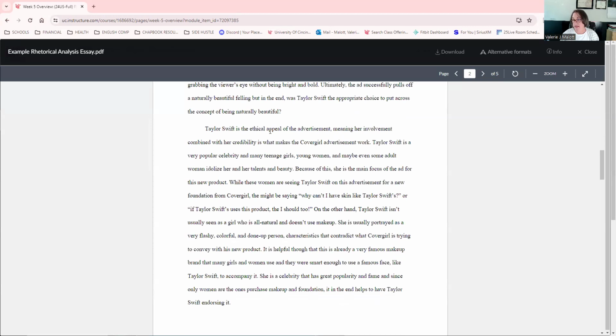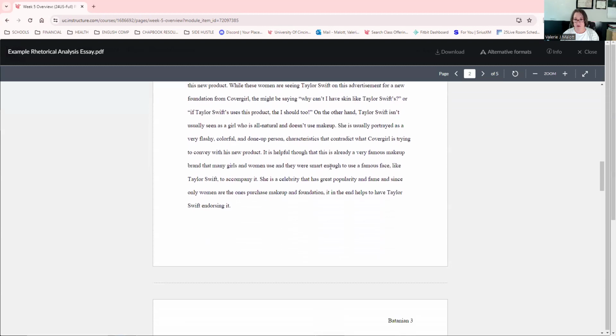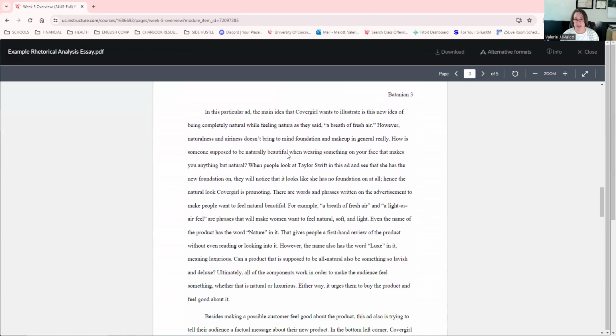Taylor Swift is the ethical appeal of the advertisement, so on and so forth. They provide some evidence from the ad and from Taylor Swift, and then the next paragraph they are moving to